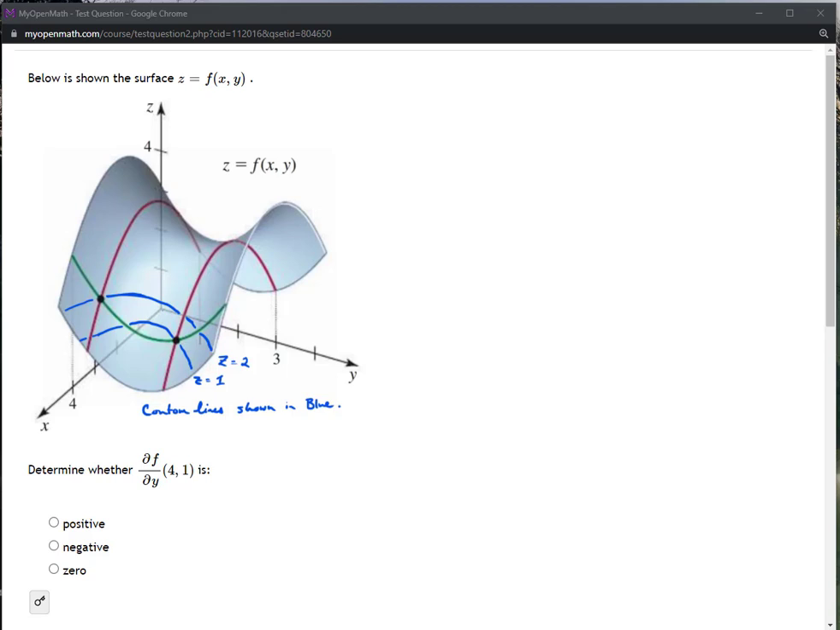Hi folks, I've written a conceptual MyOpenMath question that I want you to consider. It's a modification of a question we've already seen. The first question we've already asked a couple times in this class, and that is, determine whether the partial derivative